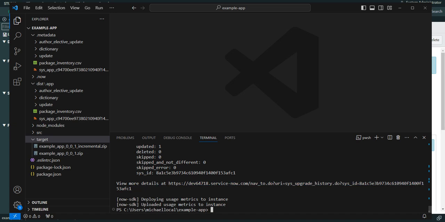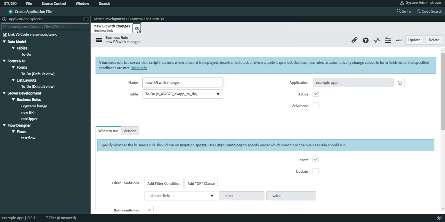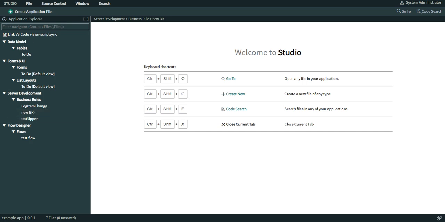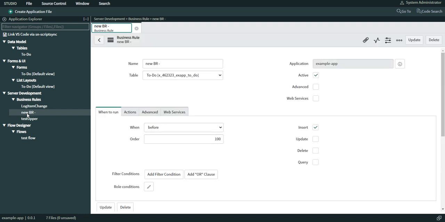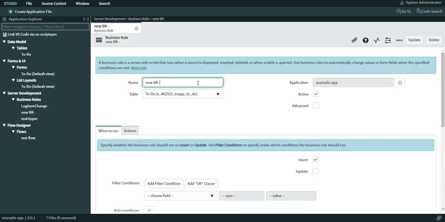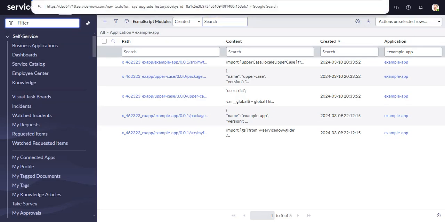Okay, let's go back to our browser, back to the instance, and let's do a refresh here. We go to the business rule that we updated on the instance before we did the deploy, and we can see that our change is gone. Our change got written over by the local copy, by the deployment. The reason I'm doing this is because I made this mistake: I made some changes on the instance and then forgot to fetch them from the server, and that's what ended up happening. So if we go to the history,